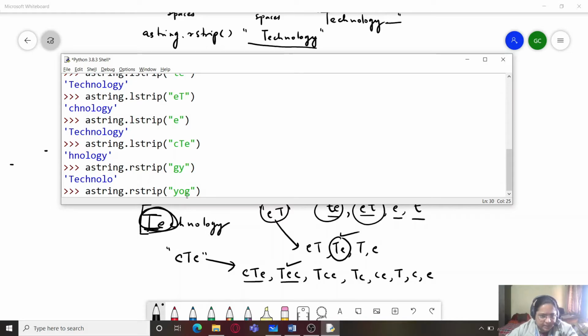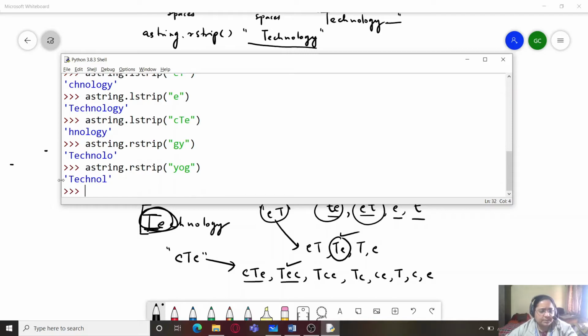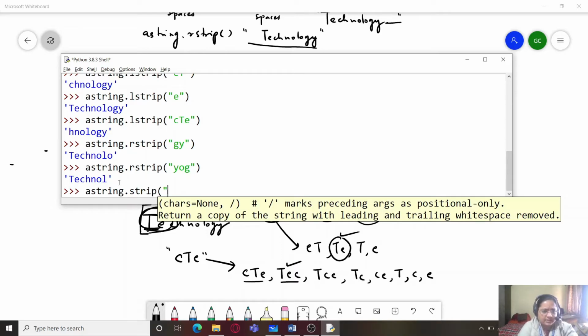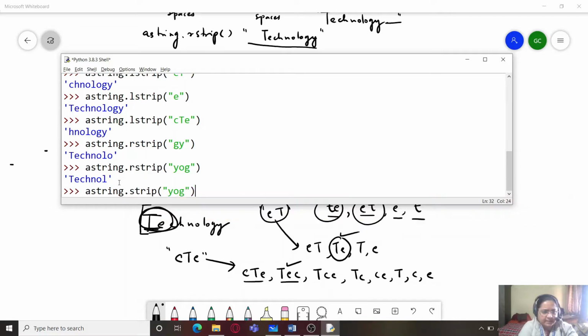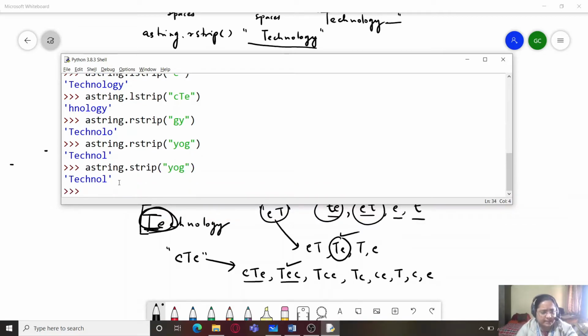You can see OGY is one of the combinations, hence it will be removed from the right side of the string. And if you are using only the strip function with YOG, it finds the combination only on the right side, so it will remove it only from the right side.